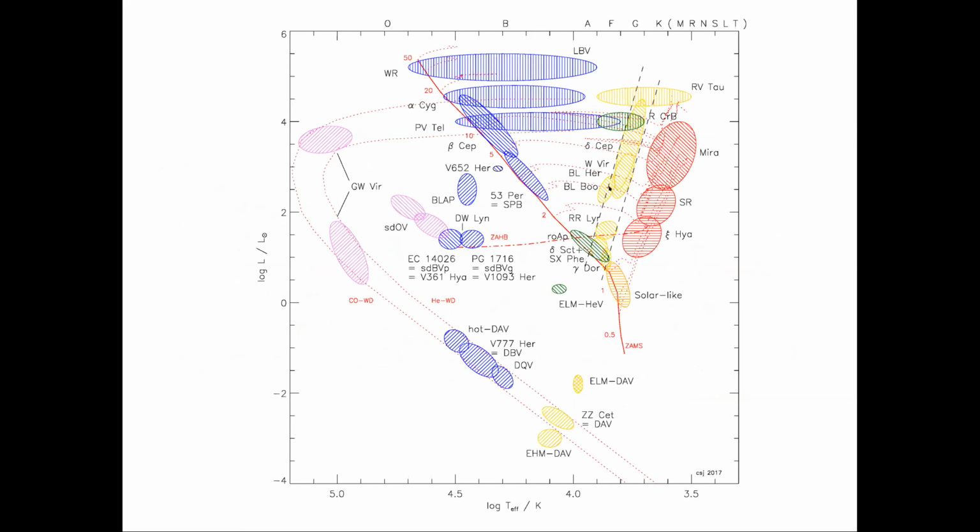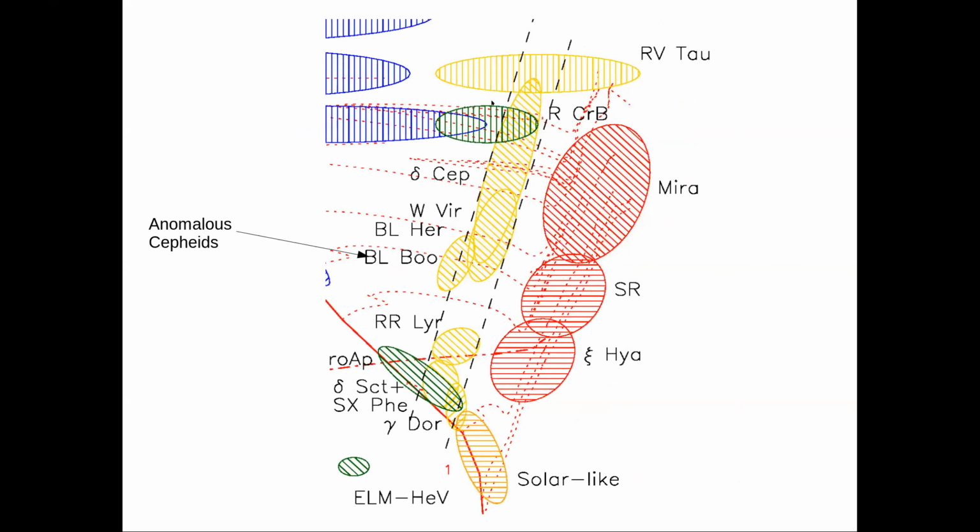So if you plot these pulsating stars on the Hertzsprung-Russell diagram, and this is a classical way of showing the intrinsic changing stars, you can see that the type 2s and anomalous Cepheids occupy the so-called instability strip, which is seen here with these dashed lines. And also what you can see is that the classical Cepheids also occupy this space, as well as the RR Lyrae, which are down here.